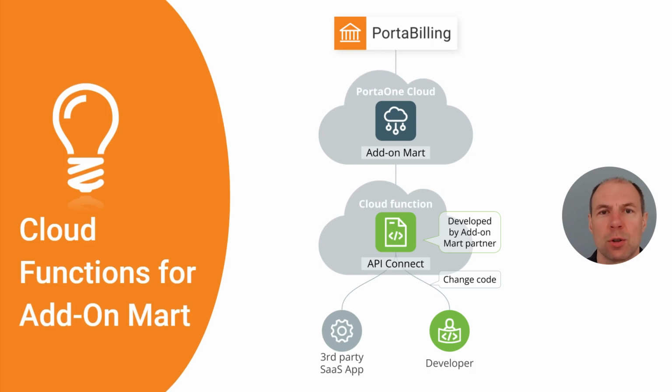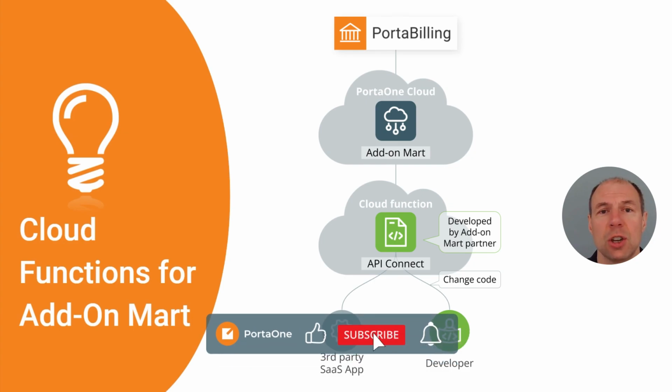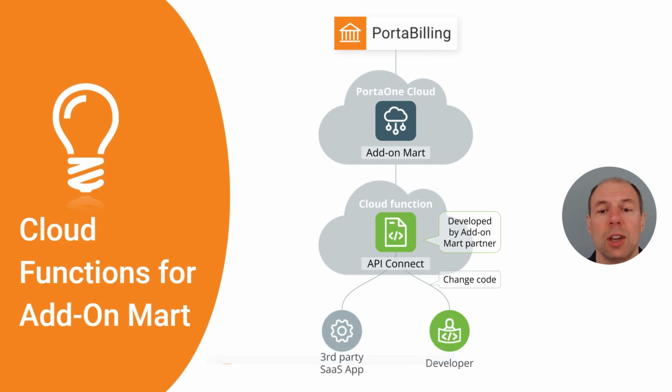In this video, we have learned how to extend the functionality of Porta Billing and Porta Switch via Add-on Mart by adding cloud functions. So when an event occurs in Porta Billing, for instance, an invoice becomes overdue, Porta Billing sends a notification to a customer, and this notification has to be sent via SMS to guarantee the delivery and draw customers' attention. So Porta Billing sends a request for notification to Add-on Mart, and Add-on Mart then picks a specific module which